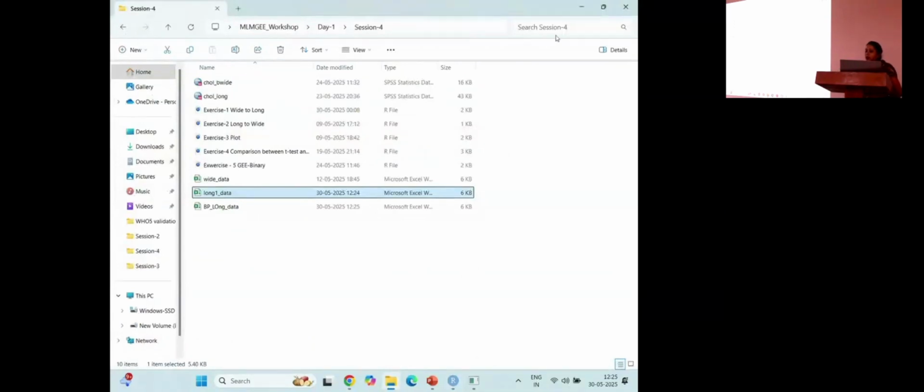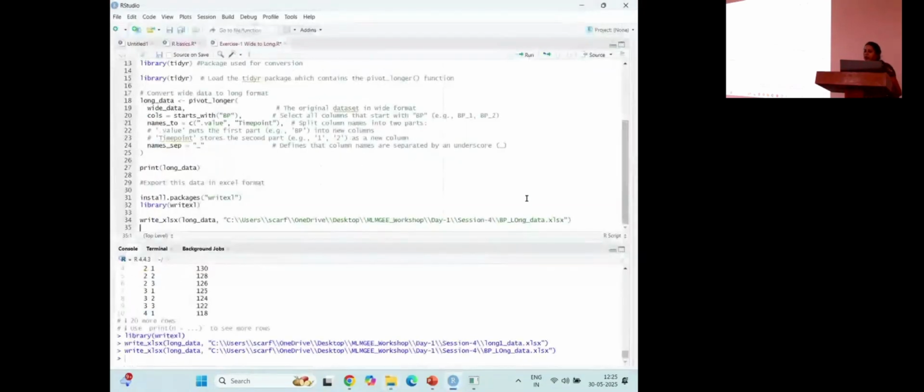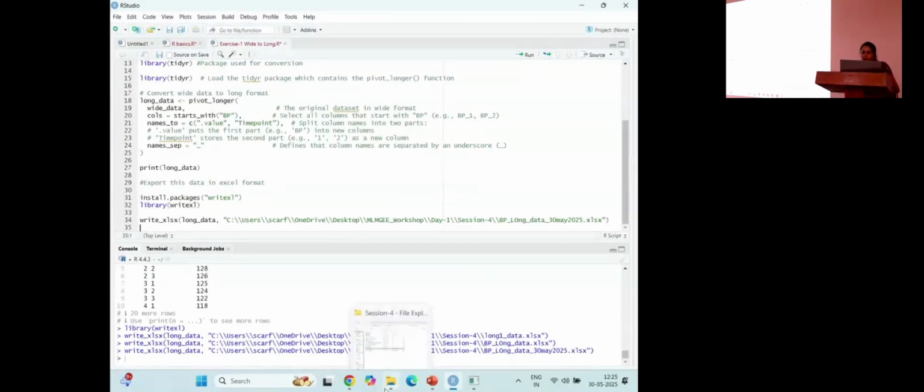Okay. The last option with the dot xlsx, you can give whatever name you want to give. You can give it with the date and time also. Today is 30 May 2025. I created this data. Your run means